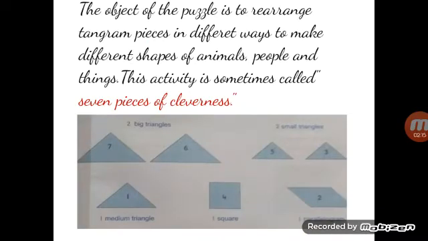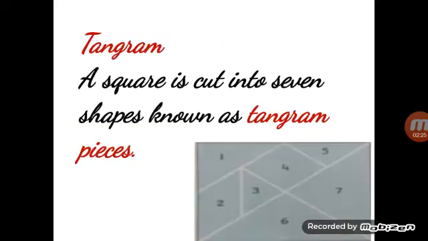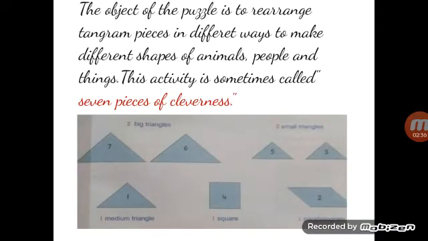So 2 big triangles, 6 and 7, as I have shown you. Now 5 and 3 are 2 small triangles. 5 and 3, remember children. Look here, 5 is a small triangle, 3 is another small triangle. Understood? Now come to that page. Now 1 and 4. 1 is a medium triangle. It is not very big and not small. It is a medium size triangle.